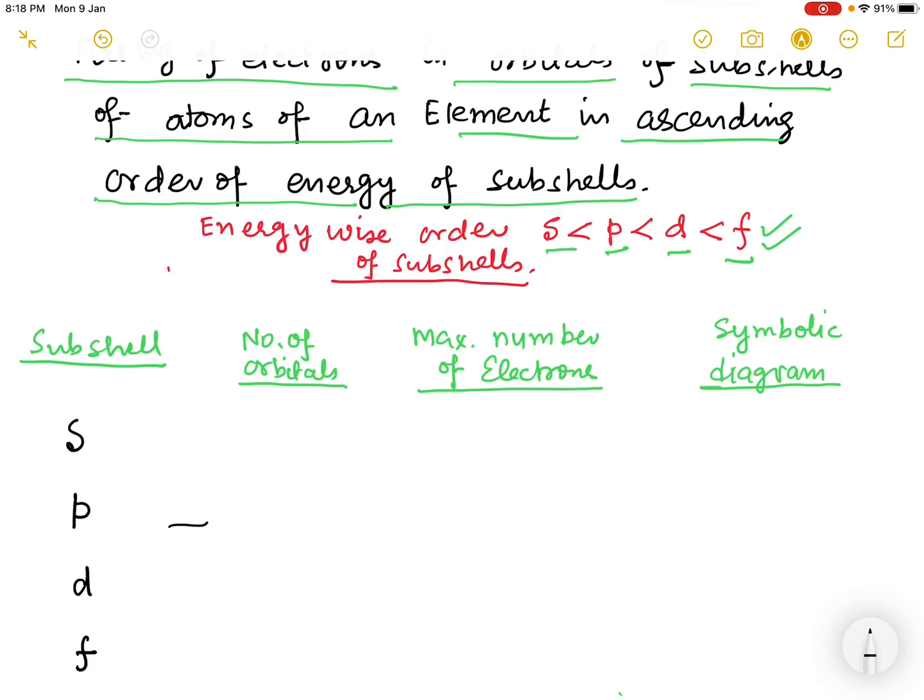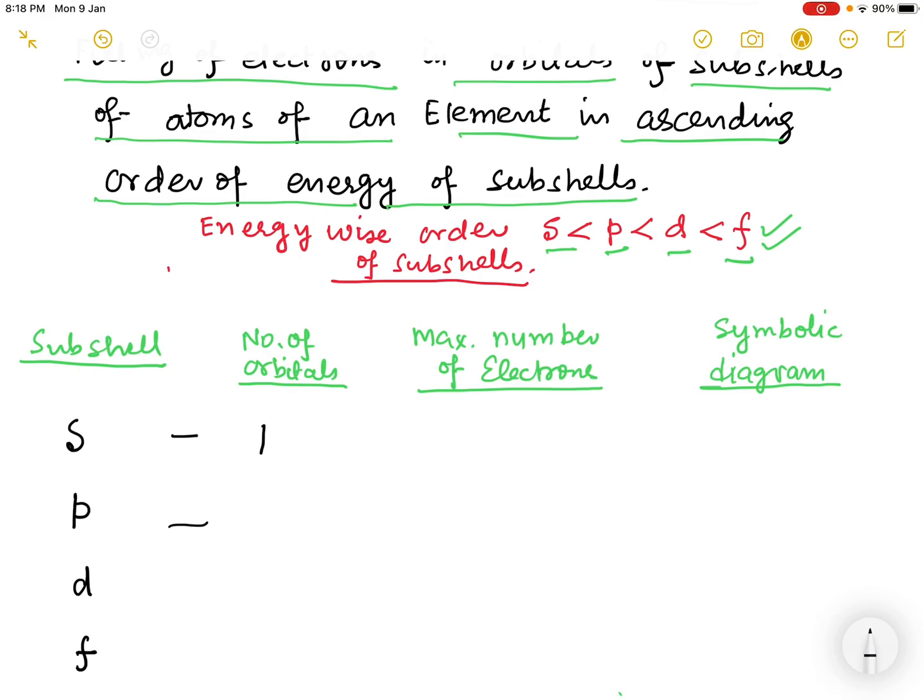And now we will see how the electronic configuration is written and how the electronic configuration of an element is determined. Now first we see that these are subshells, and in all these subshells, S has number of orbitals as